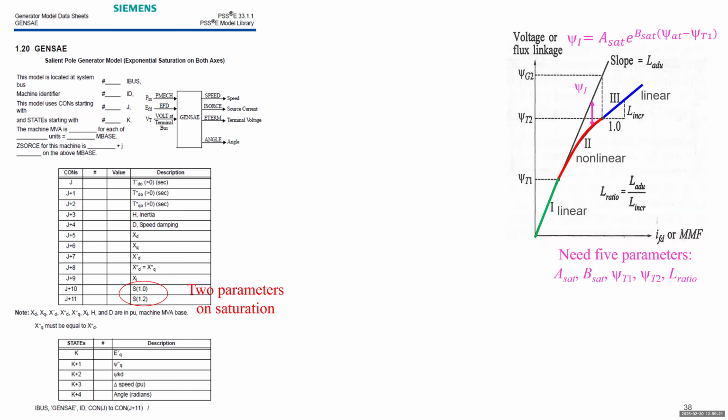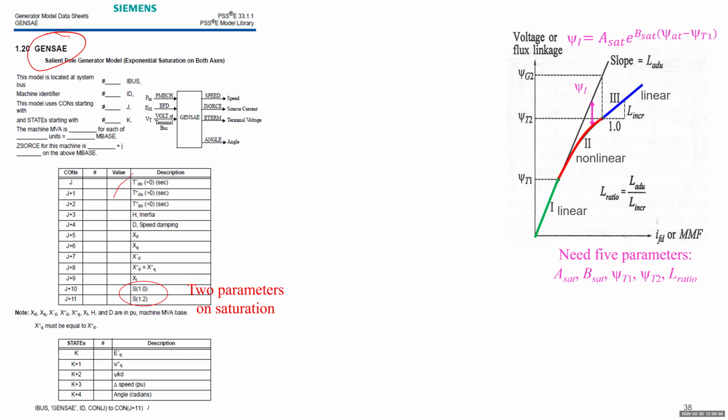But if you don't use the Prof Lab TSAT, but you use PSSE from Siemens PTI, for instance, this is their model provided for salient pole rotor generator. So GEN stands for generator, IC stands for salient pole rotor generator, E stands for something about excitation. So we'll talk about that later. But this is a very fundamental salient pole rotor generator. In this model,